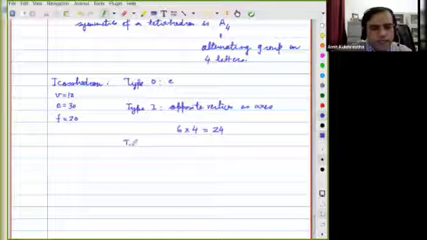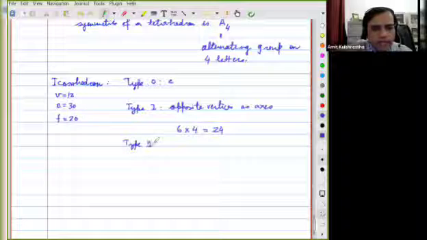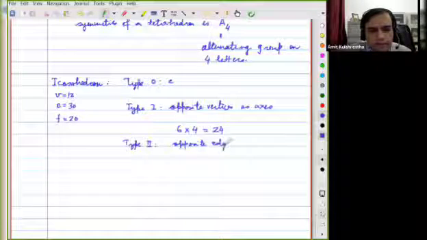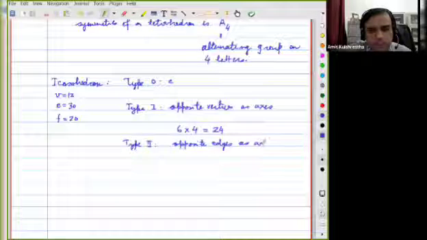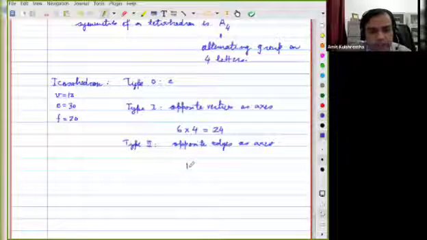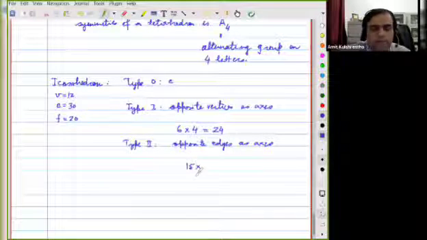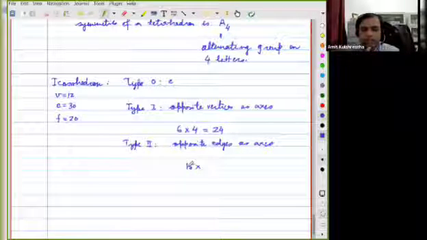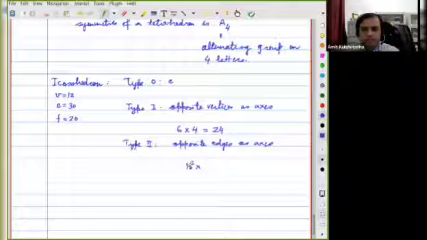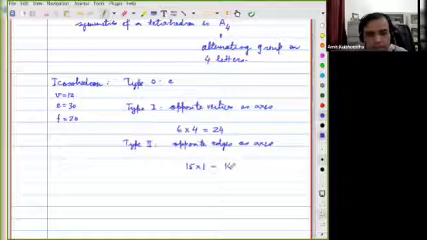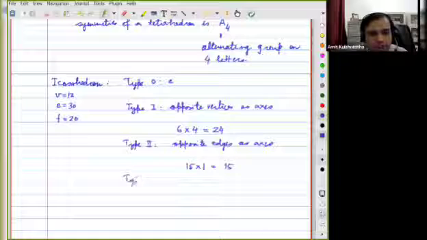And type 2. Let me take opposite edges now. Opposite edges as axis. And how many pairs of opposite edges will there be? 15 pairs, right? And when I pick an edge, it's important that those vertices are swapped. So only a 180-degree kind of rotation. So the new rotation is only 1. So I get 15 of these.